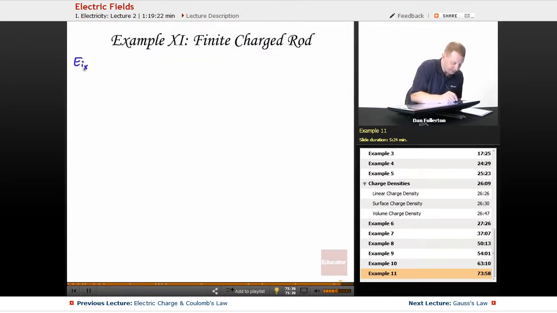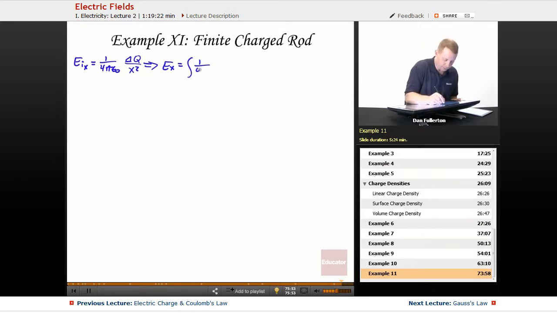Electric field due to that little bit in the x direction is 1 over 4 pi epsilon naught delta q over x squared, which implies then that the total electric field in the x direction will be the integral of 1 over 4 pi epsilon naught, our dq over x squared,